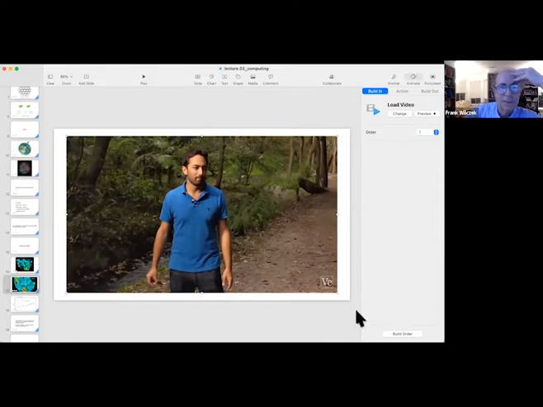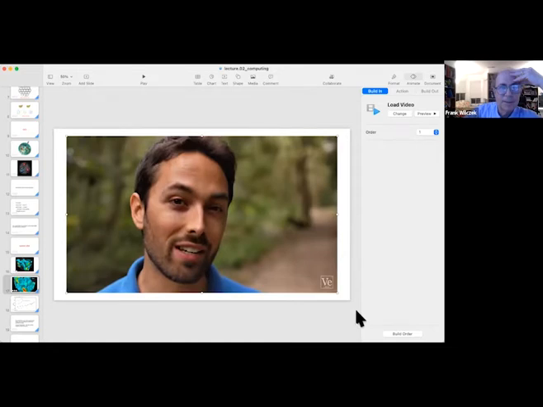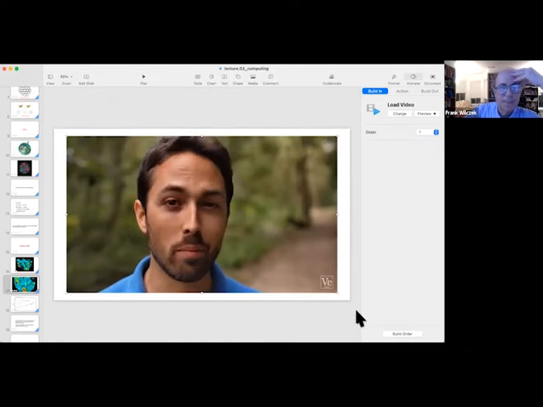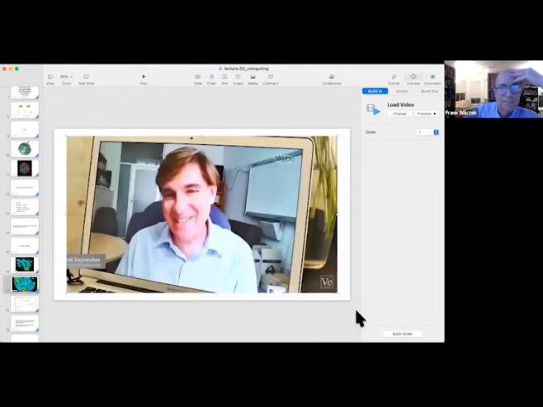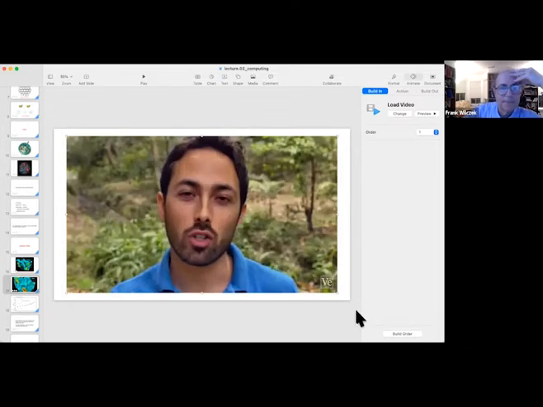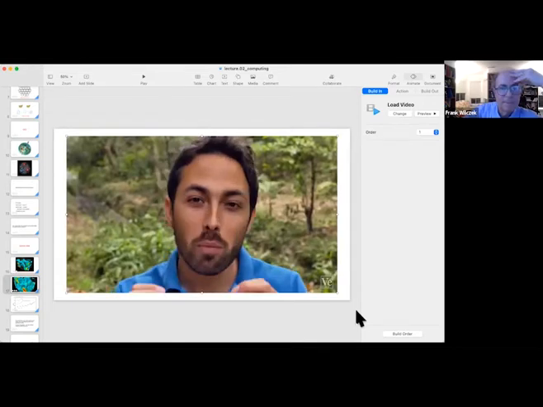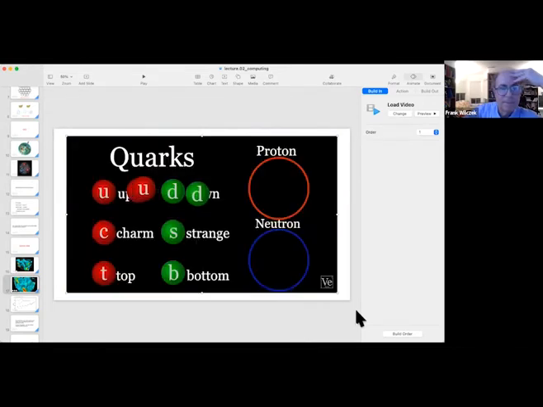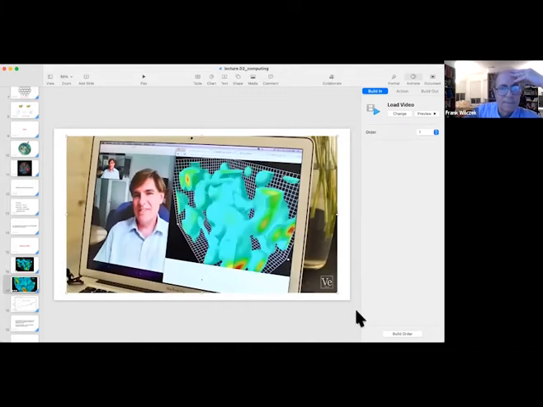Now, this is incredible, but what is even more mind-boggling is that empty space is not truly empty. I know because I've seen it. This is a simulation by Professor Derek Leinweber at the University of Adelaide. It was made using a supercomputer to crunch the calculations of quantum chromodynamics. That is the theory of fundamental particles called quarks, the building blocks of protons and neutrons, and how they interact with each other through gluons. What you're looking at here is the energy density of the gluon field fluctuations.